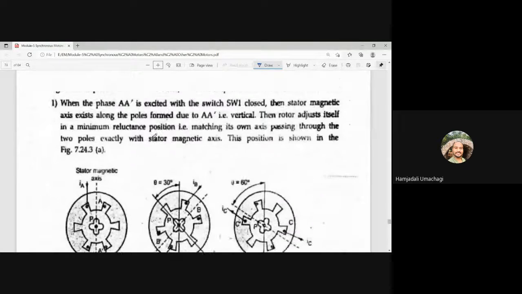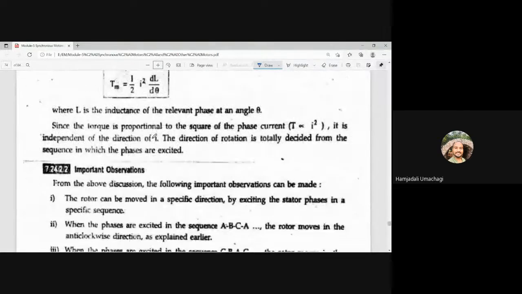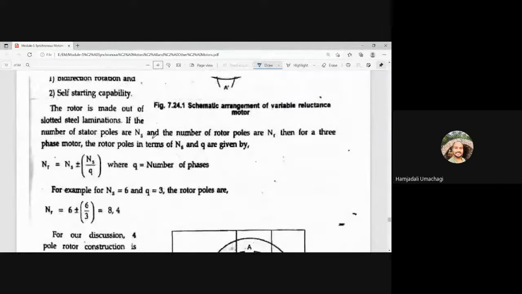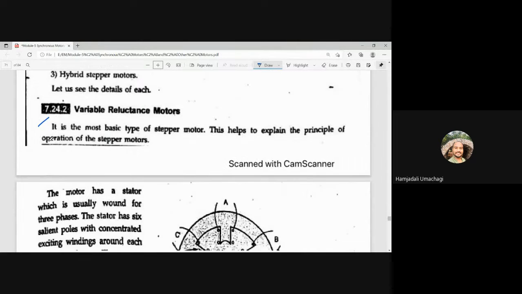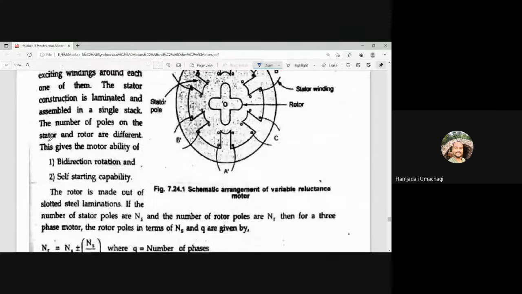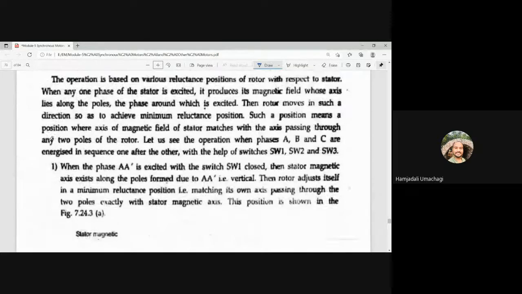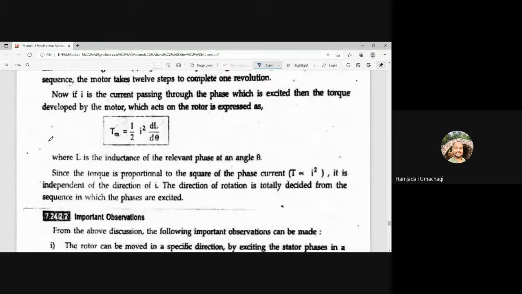you are supposed to explain all these points, and along with this also explain from here. From here you should start the explanation. You can write all these diagrams, explanation, these formulas, then this driving circuit, then operation. Okay, till here you are supposed to write, and after this you should also write the advantages.